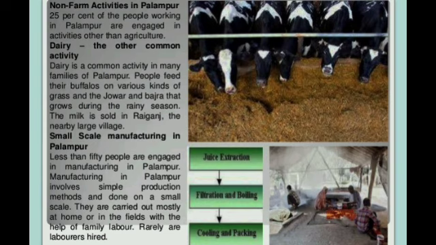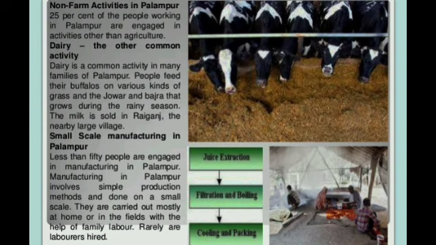The next non-farming activity is small-scale manufacturing. Less than 50 people are engaged in manufacturing in Palampur. Manufacturing in Palampur involves simple production methods and is done on a small scale. They are carried out mostly at home or in fields with the help of family labor. This small scale activity includes the crushing of sugar cane or the processing of sugar cane into jaggery, and later these are sold in the nearby villages and towns, and a small amount of profit is made